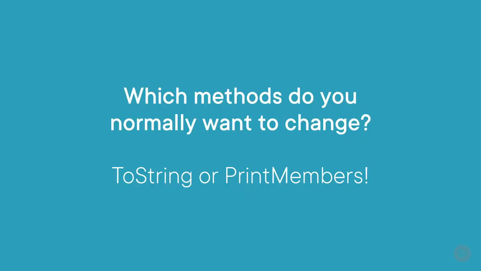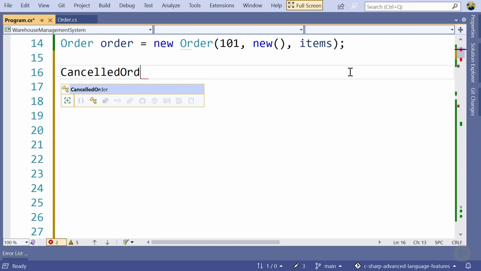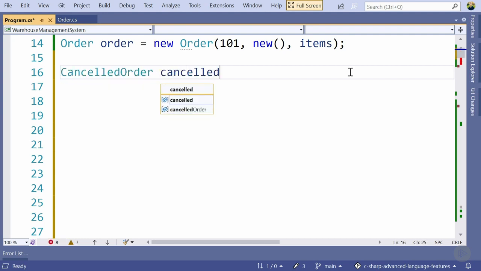The compiler generates a set of methods for the record. It's good to know how to change the behavior or override these methods if you need to. Most of the time, when you want to change one of the generated methods, it's how to represent the record as a string. When you call toString on a record or a subclassed record, this will in its turn use